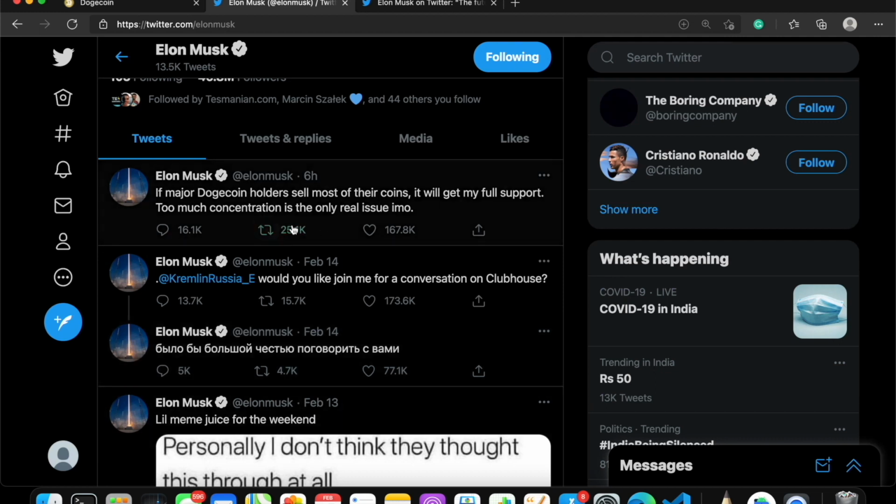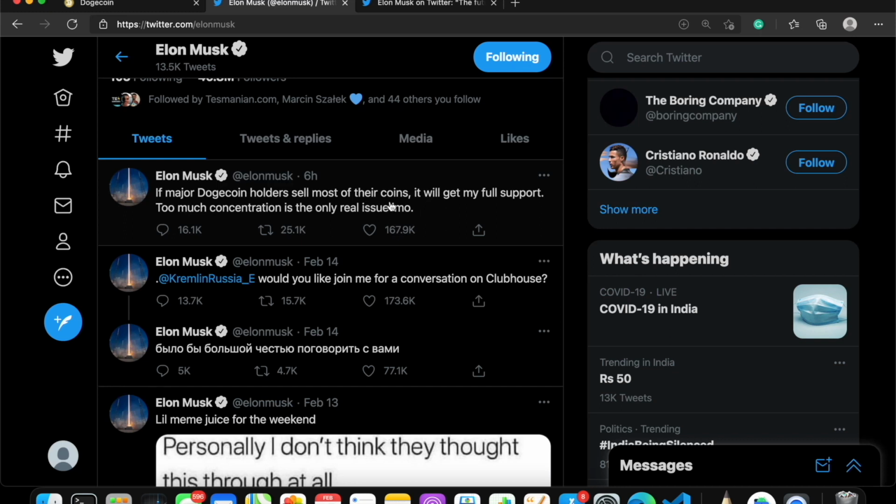If you see one of the recent tweets he made, he's saying that if major Dogecoin holders sell most of their coins, it will get his full support. Too much concentration is the only real issue in his opinion. So let me go to the second point.